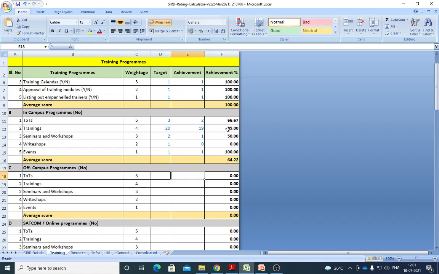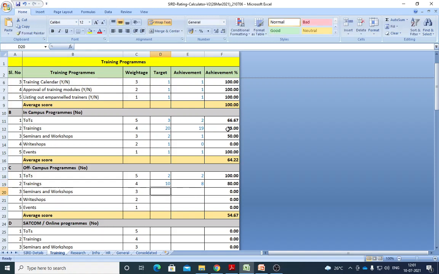At the same time, offline training, off campus training programs, it may be in your ETC centers or your extension centers. TOT, yes, I planned 2 and completed 2. At the same time, training in that ETC, wherever you planned, it may be planned 10, I completed 9 or 8.